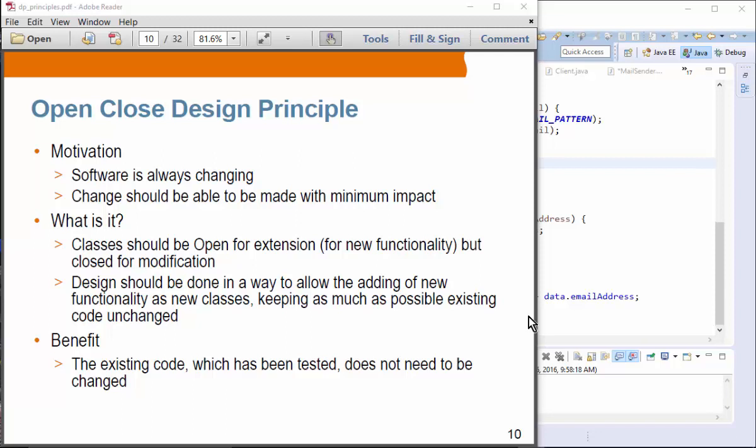Open close design principle. The motivation is that software is always changing. In fact, all design principles are addressing software changeability, and change should be able to be made with minimum impact. The actual definition of open close design principle is that the classes should be open for extension for adding